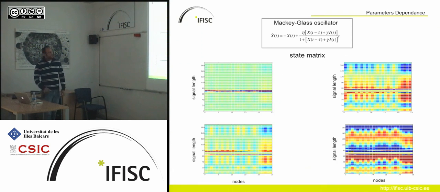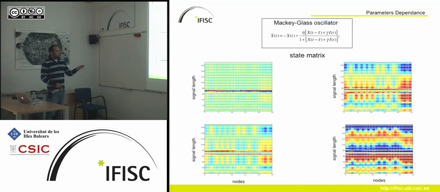So in the multi-class oscillator, as I mentioned before, we have different parameters. For this particular task, we set the degree of the nonlinearity to 7. We have seen that this performed well in classification tasks, something also related to the memory. But here, what I'm doing is changing the values of eta and gamma, which are my free parameters. And as you can see, for different values, I have different state matrices. Some of them are too clear, too plain, let's say. Others are too rich in dynamics, or oversaturated.